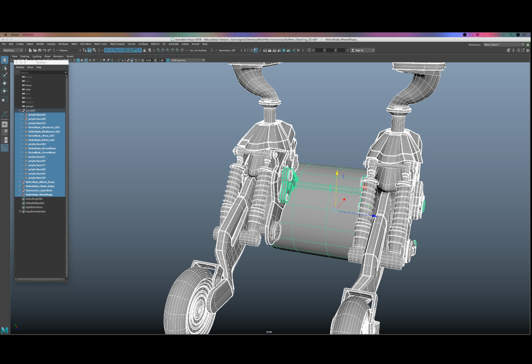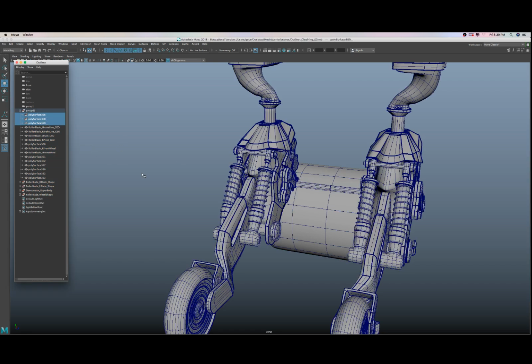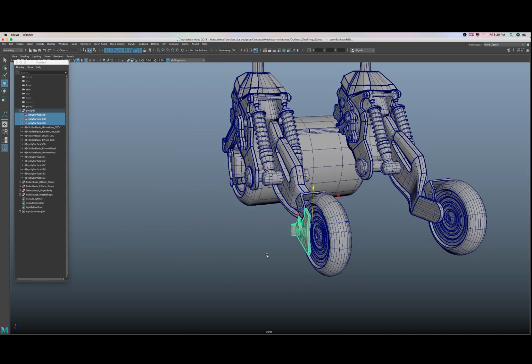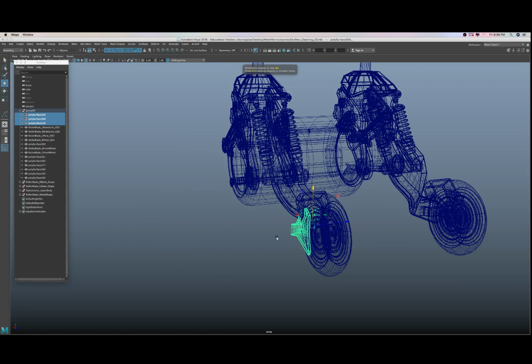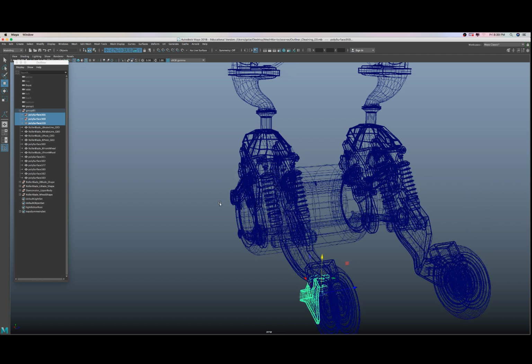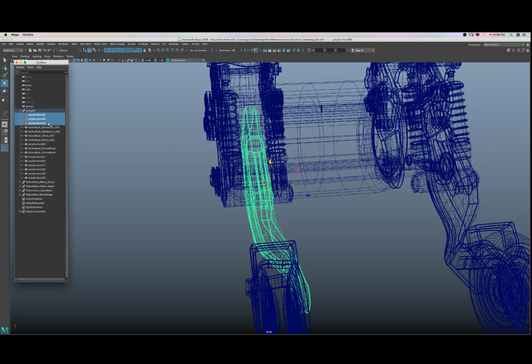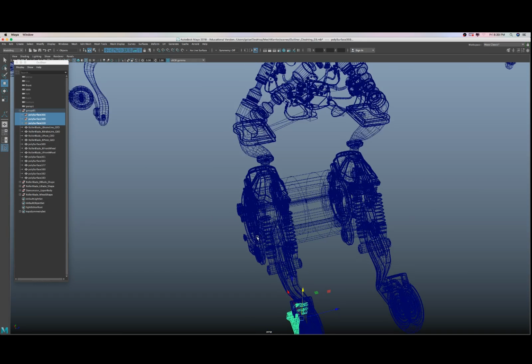Outliner cleaning 03. Okay, so I have these three things being highlighted. So the weird question is why? Usually when you select something and you press F, to frame in on it, your attention goes right to it. But after I selected these three shapes and pressed F, my center pivot is all off,